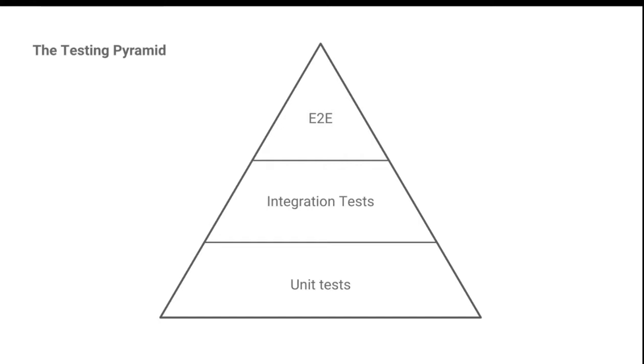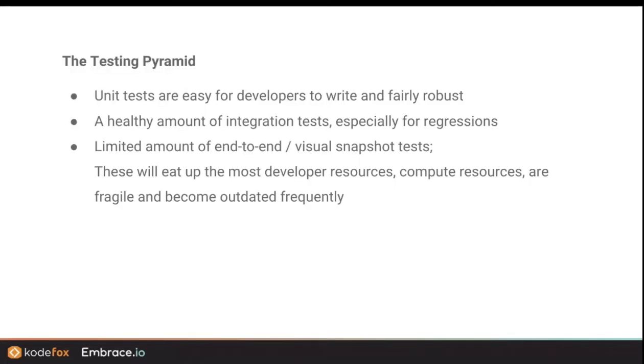What I mean by that specifically is that unit tests are basically easy. That's your baseline, the bottom of the pyramid. They're easy for developers to write. They're fairly robust. They're not going to break easily. They're tightly coupled to the code though, but they're easy wins. So you invest, you do the most of those, right? Write a healthy amount of integration tests, and particularly focus on regressions, right? When things go wrong that you didn't previously expect, you fix it. Let's make sure it doesn't break again. Make sure it stays fixed.